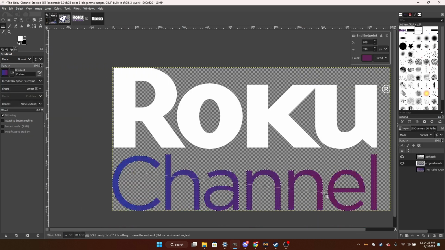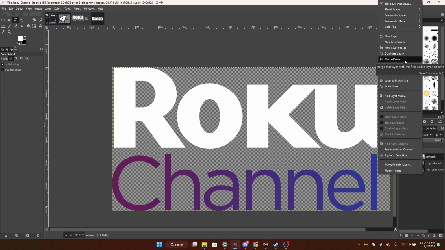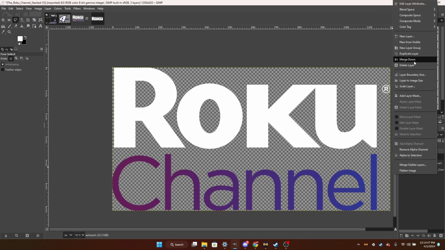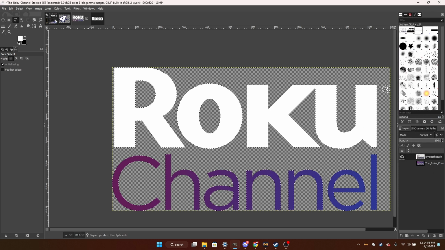I'm going to add that same gradient over here. And then, if you're trying to merge layers, which is what I'm going to do right now, right click on the layer, merge down, and then alpha to select, Control C,